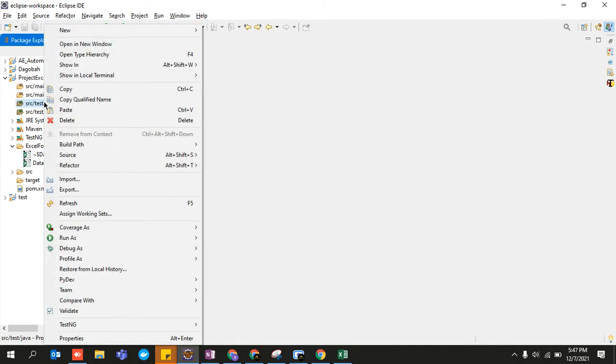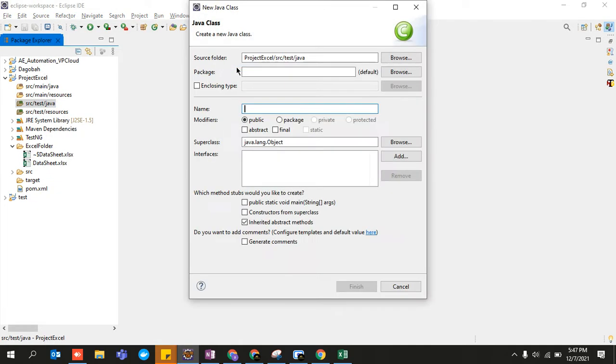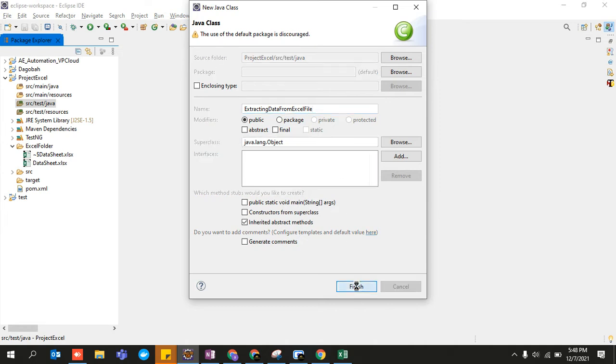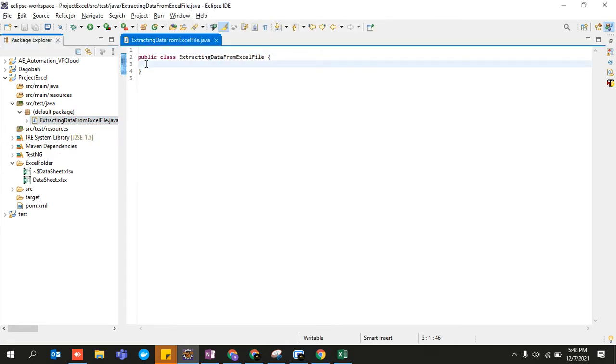In order to read the data you have to create a particular class. Take a meaningful name, let's say the name of the class is extracting data from excel file. This is my class that I have created.